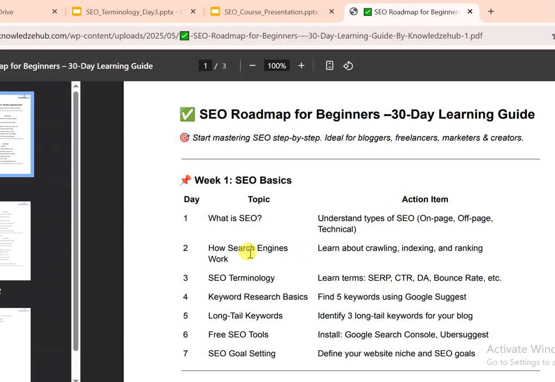Coming to day 2, we learned what is a search engine, how a search engine works, and what is crawling, indexing, and ranking. Today we will be focusing on SEO terminology, which is crucial to understanding and implementing effective SEO strategies. So let's go back to today's topic.